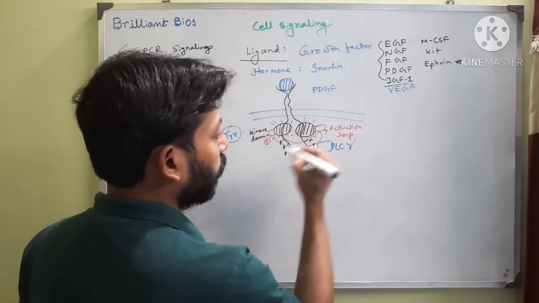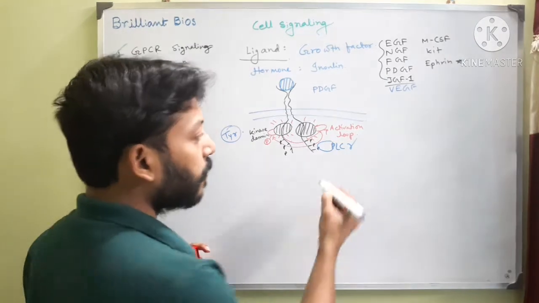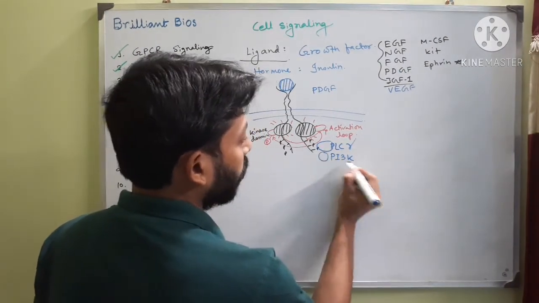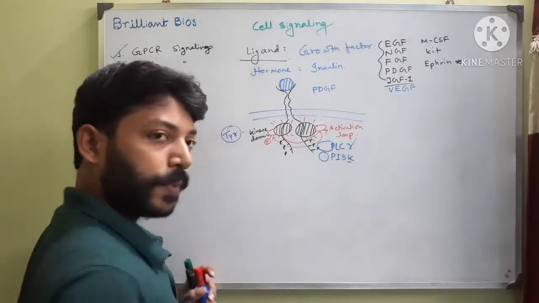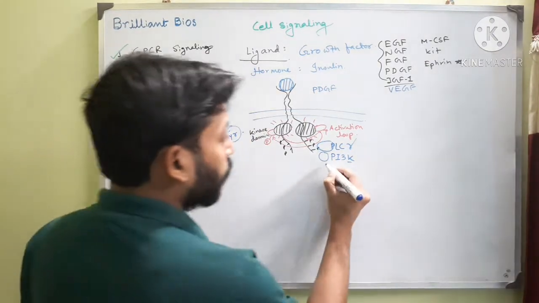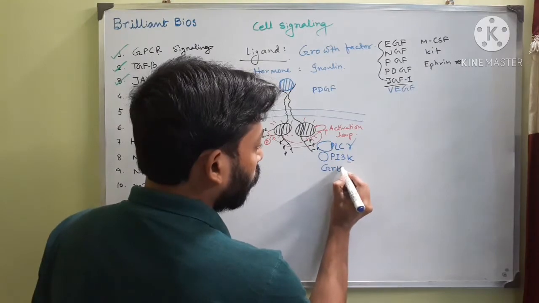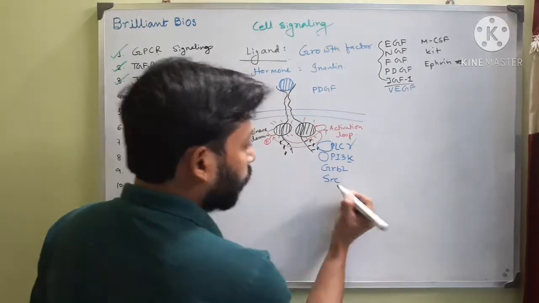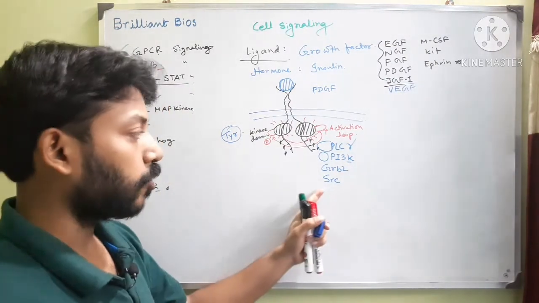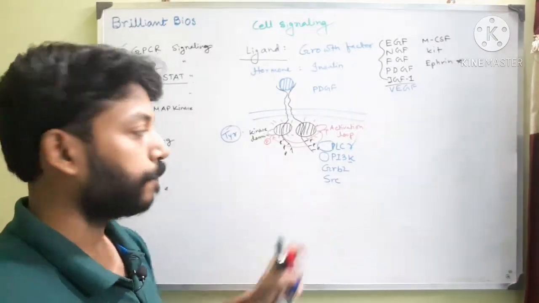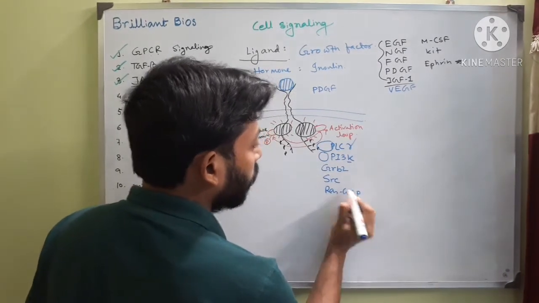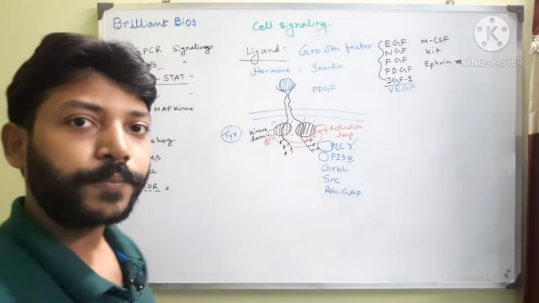They can attach with these phosphotyrosines. Another is called PI3 kinase enzyme. This is also a kinase that can associate with this phosphate group. There is another protein called GRB2, that is an adapter protein. SRC protein can bind with this phosphotyrosine. SRC protein is also a kinase protein, and RAS GAP protein can bind with this phosphotyrosine. So many proteins can bind with this